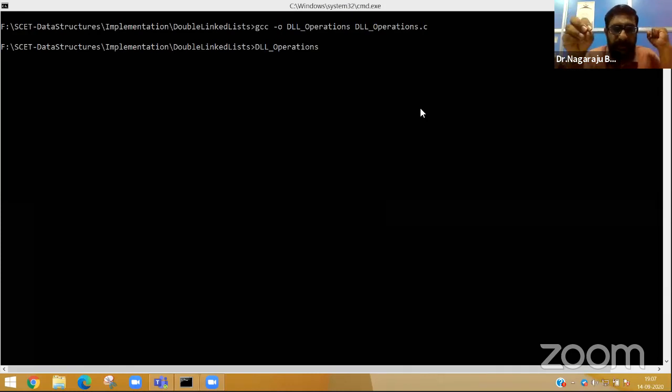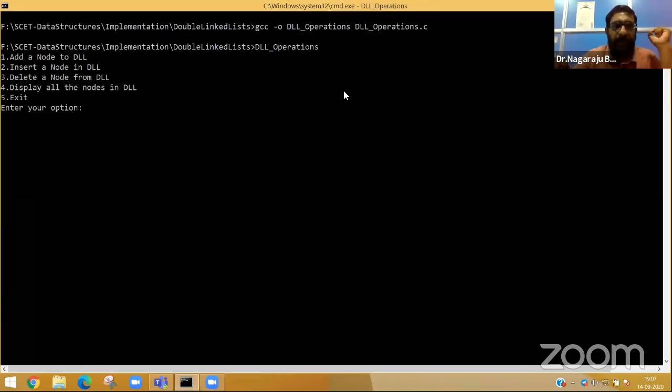But the only thing is, if you want to delete a specific node, I think you have to mention it properly. Otherwise, you can't delete a specific node when there is only one node. I have not designed the program in that way. So if you want, you can also improvise. So 101,